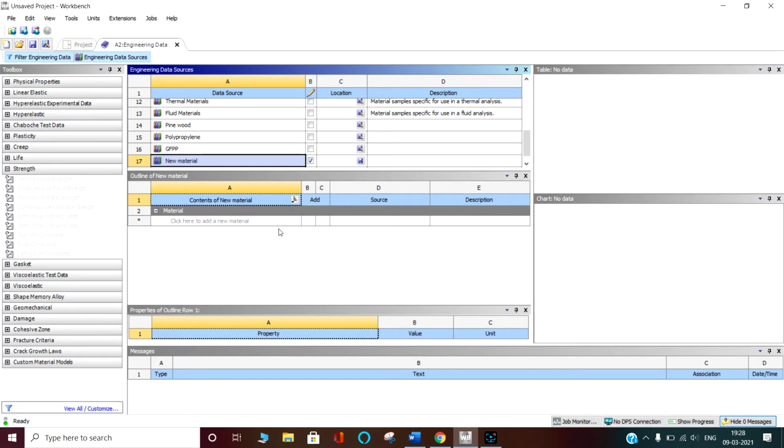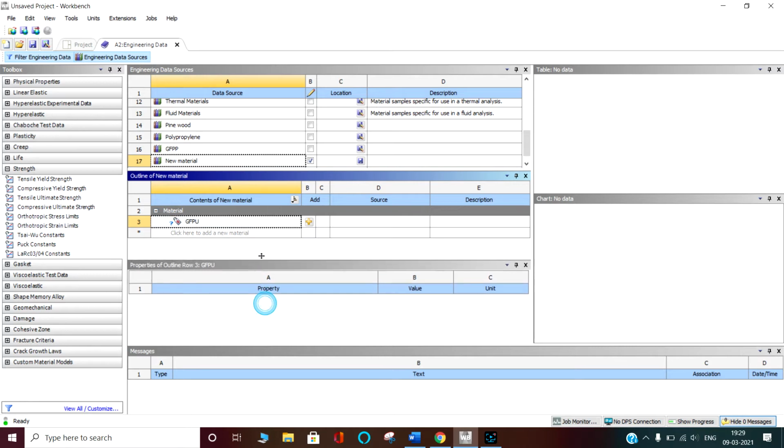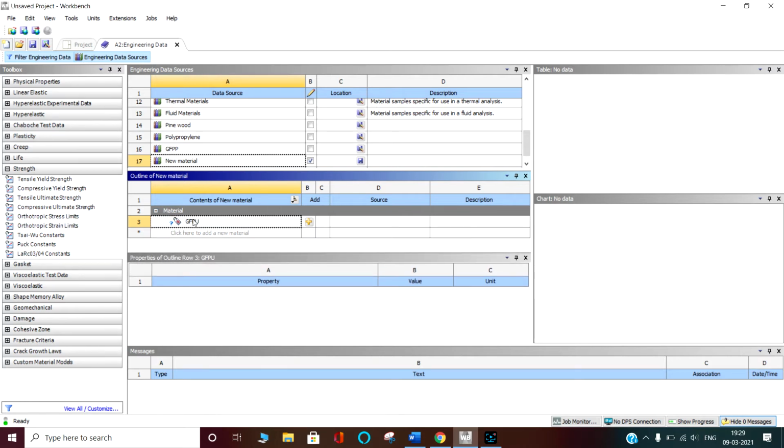Okay, it is going with the tick. Has it saved? No, it has not saved yet. It has started to save. You have to now define glass fiber polyurethane here. Now click. You can see a question mark is there because till now we have not defined this material. This is just a folder. In the folder the material is there, glass fiber polyurethane, and nothing is defined here because we have not defined anything, so the question mark is there.